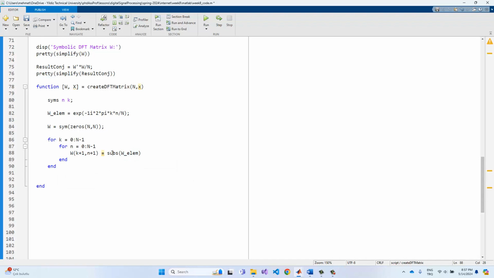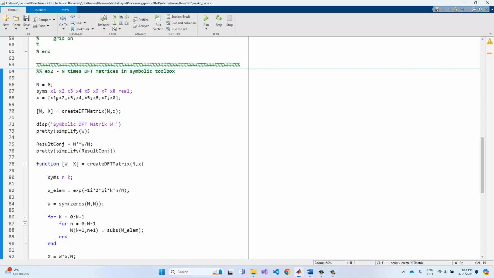This function should be given in here. Okay, we can populate the whole matrix based on this information in here, just like this one, because we define the N and K in here, and so this K and n are updated at each element of these terms. Okay, and so X, or the output of the DFT matrix, W times x divided by N should be given in here. Okay, and so firstly I think we need to